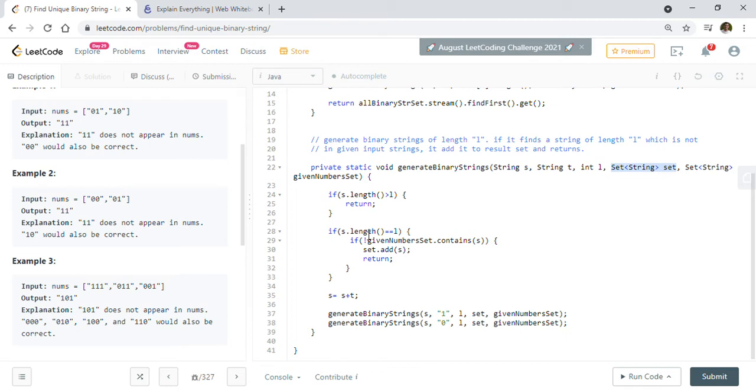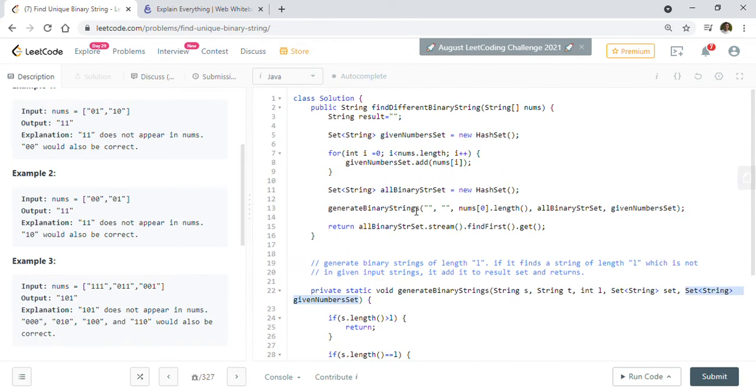We pass a string s, then a string t, and the length, which in our example will be 3. We also pass a set of strings to capture the result that we want to get back from the recursive method, and here we are going to pass the given number set.